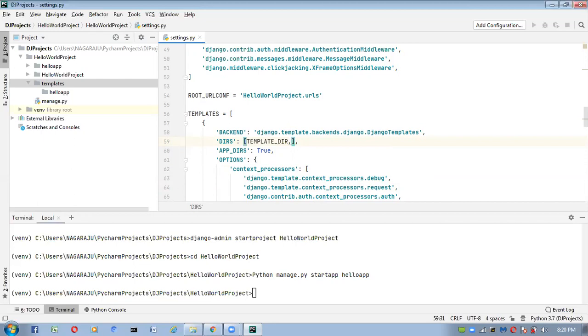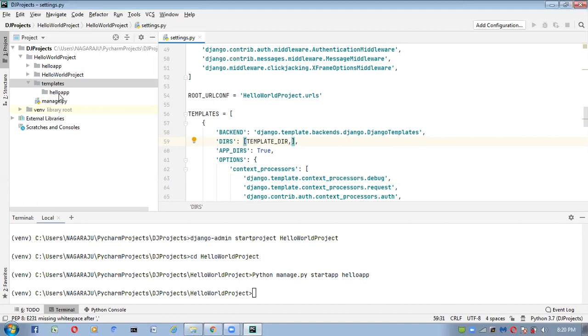Because of that, instead of hard coding system specific paths, it is better to take the base directory, and we can take the complete base directory like this, right?